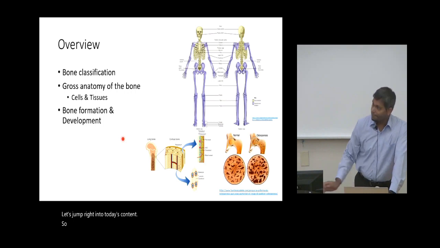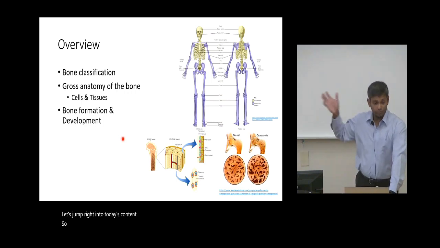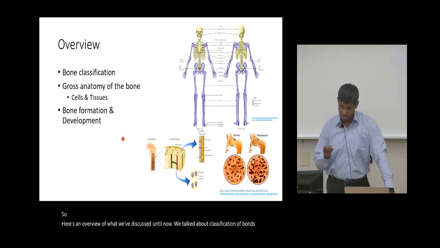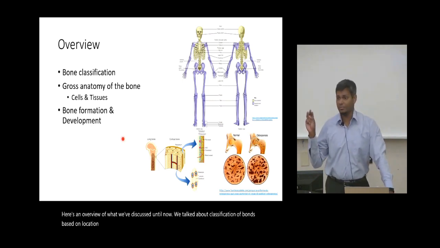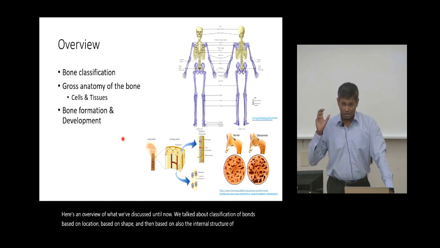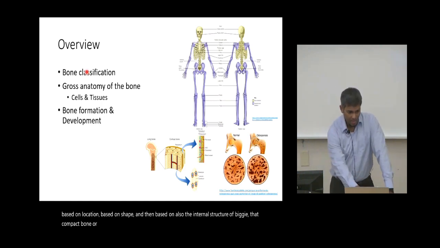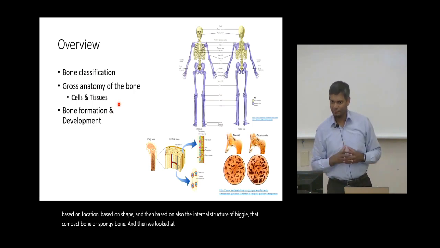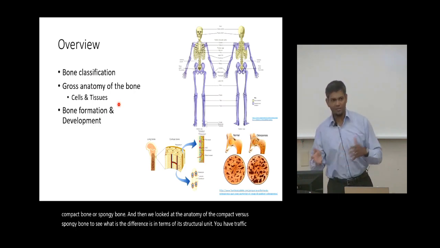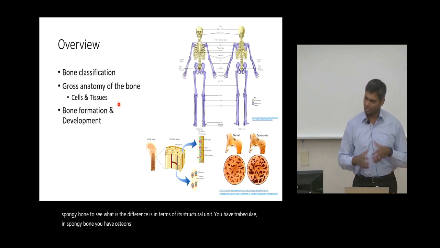So here's an overview of what we've discussed until now. We talked about classification of bones based on location, based on shape, and then based on also the internal structure of being either compact bone or spongy bone. And then we looked at the anatomy of compact versus spongy bone to see what the differences in terms of its structural unit. You have trabeculae in spongy bone, you have osteons in compact bone, and we talked about its